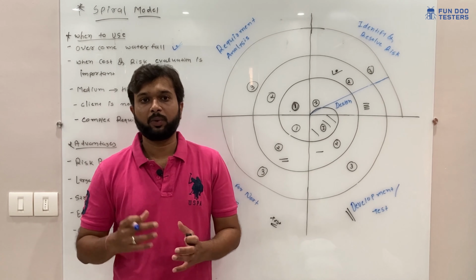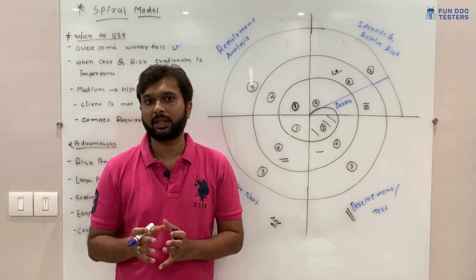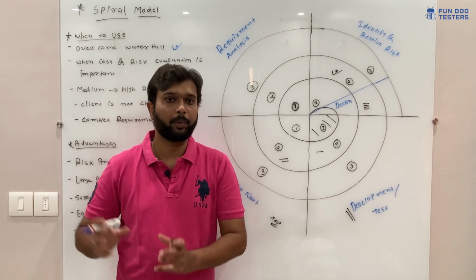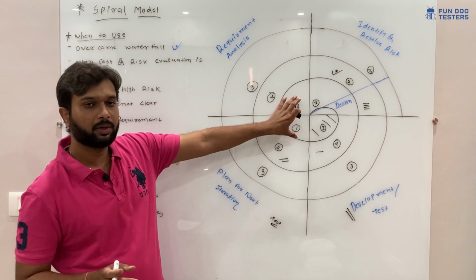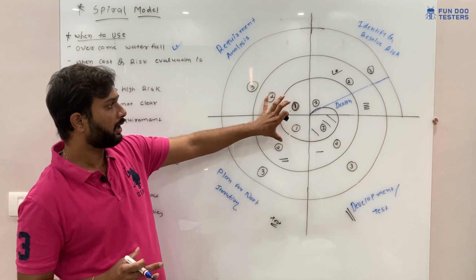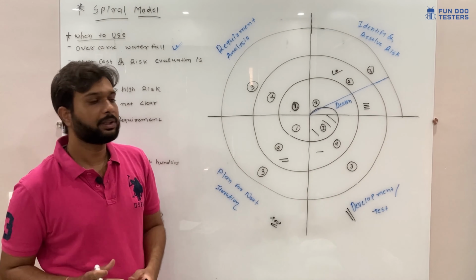By that time we need to consider the cost and risk. If the product is bigger, by that time we need to definitely come up with the proper estimation or cost. So in that case, if we consider only the first phase and later on again identify the cost and risk, in this phase we can go with the spiral model.